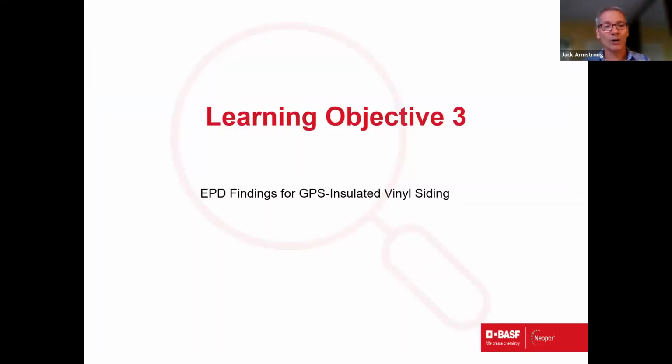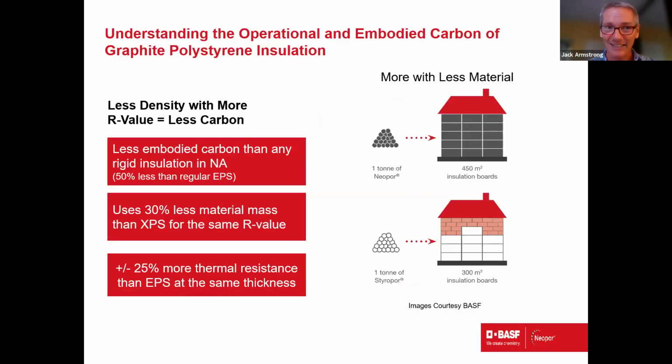Changing gears here as we start to wind down, let's talk a bit about our last learning objective. So an example of how EPD findings were used for graphite polystyrene insulated vinyl siding. So first, to just talk a little bit about this idea when we speak to operational energy versus embodied energy. So once again, embodied energy is all of that upfront invested energy and material inputs that went into making the